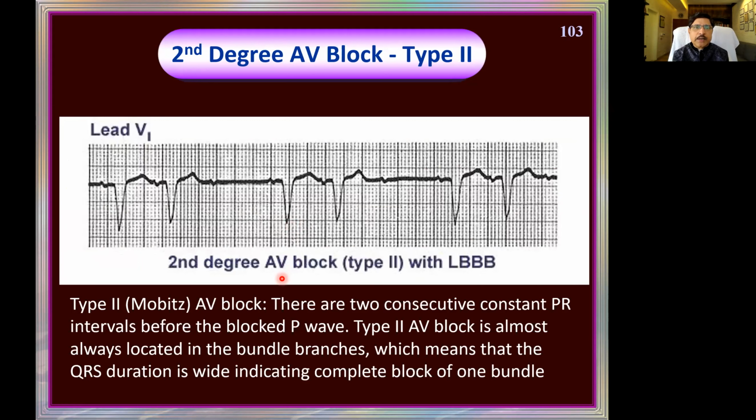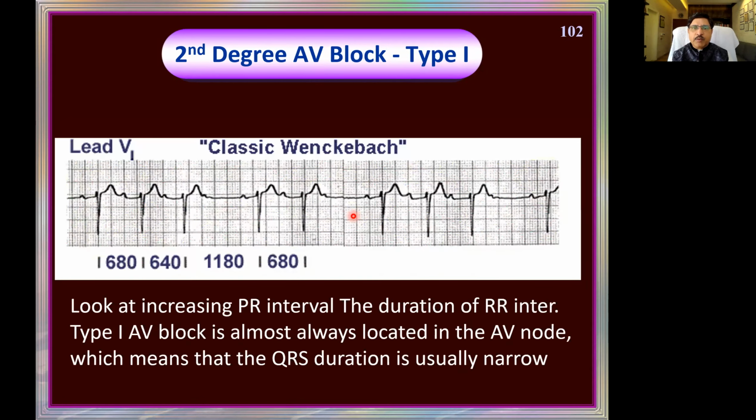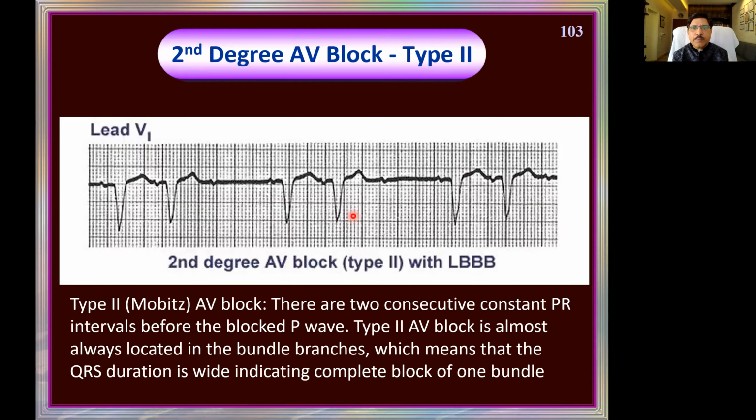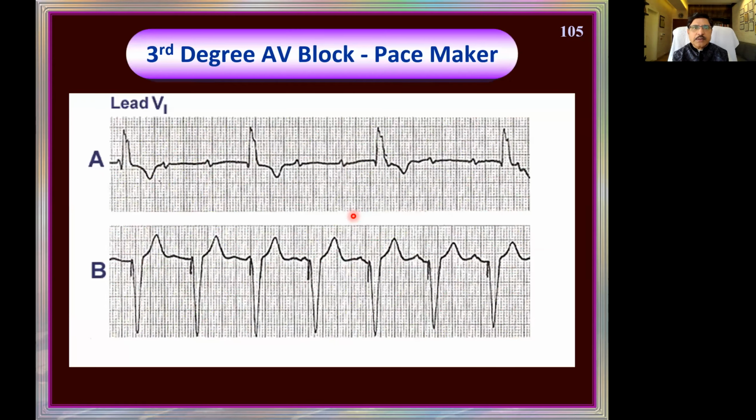Now, when you go to the second degree heart block type 2, the RR intervals and the PR intervals are constant throughout, but there is a dropped beat after 2 or 3 beats, a 2:1 or 3:1 block. And this RR is exactly double the RR here or there. All other RRs are constant. Now, clinically, this is in the bundle below the AV node. There is the bundle of His, so it leads to a widened QRS compared to the normal QRS. Okay, so I went over the three things twice.